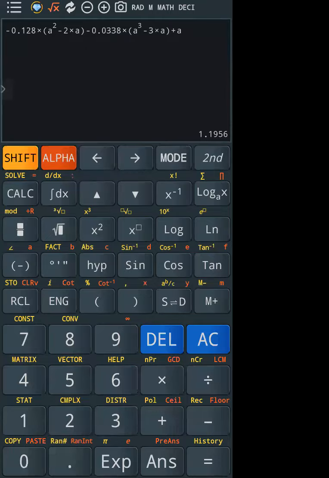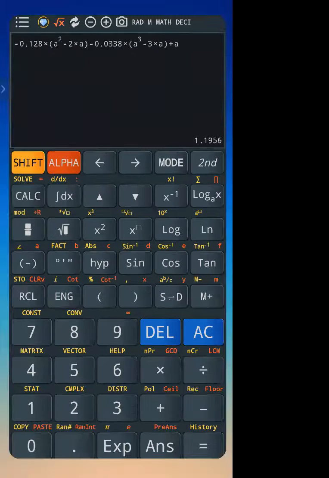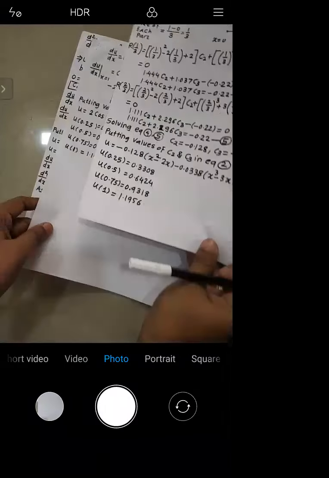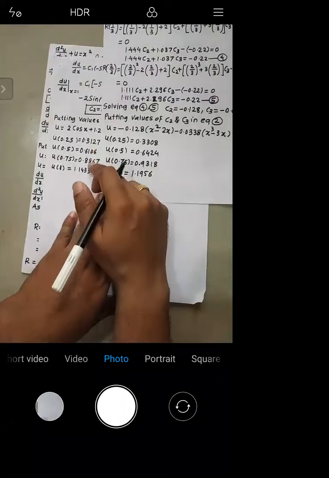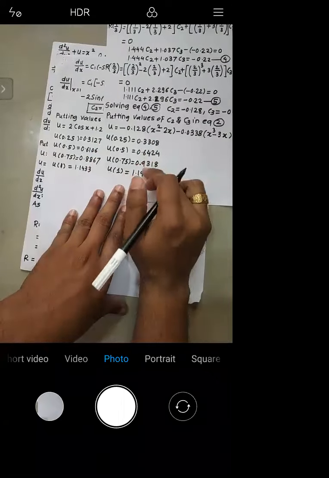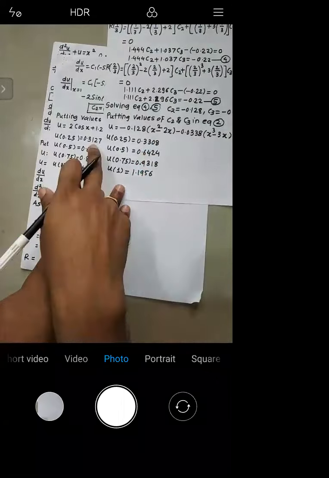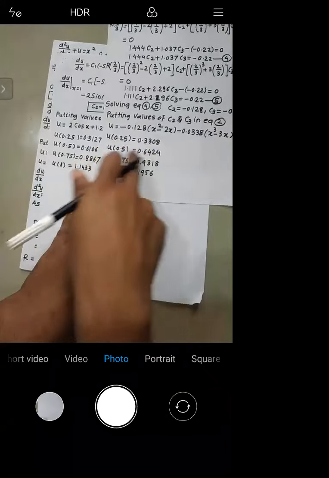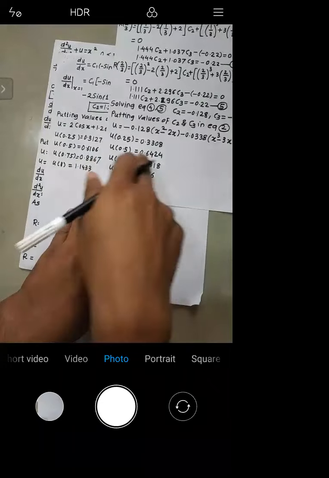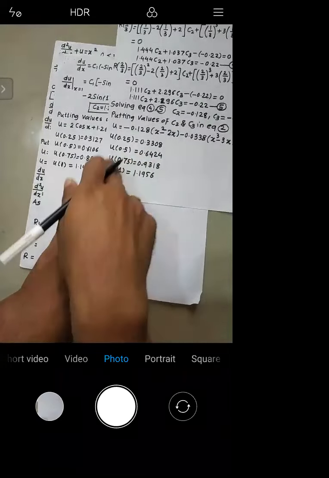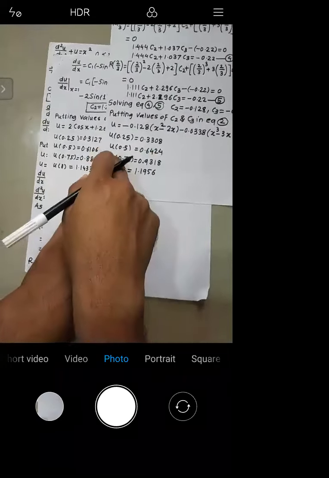Okay. No. Let me clear you. See this one. See these answers which you have got by using exact, these are the answers by exact method. And these are the answers by collocation. So you might feel that the answers are not exactly the same. But these answers are close to the exact answer, right?